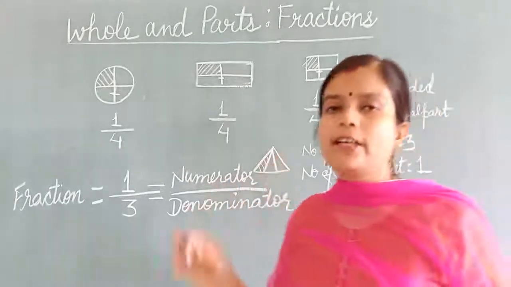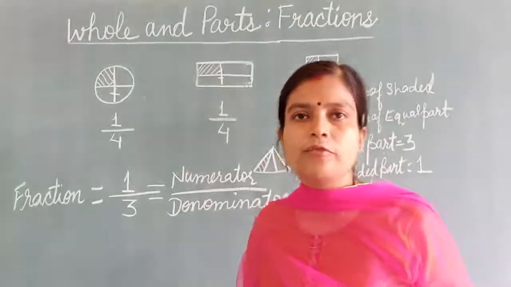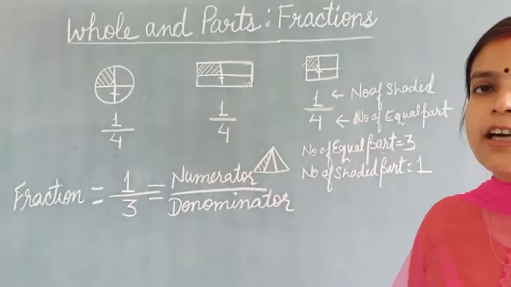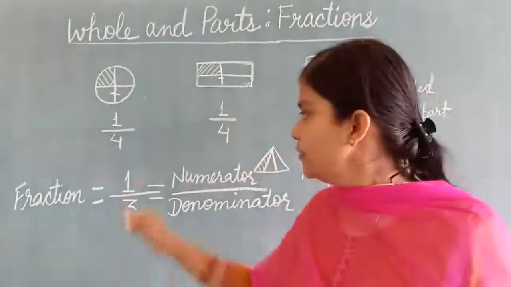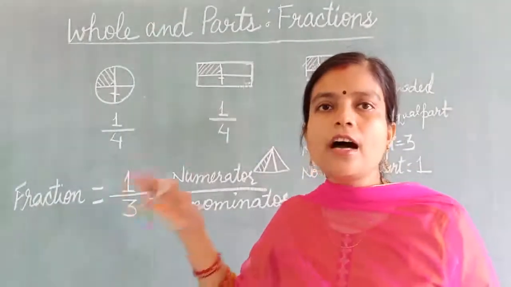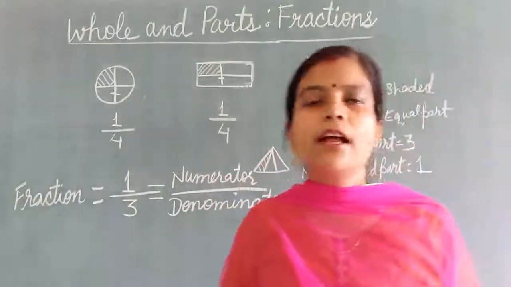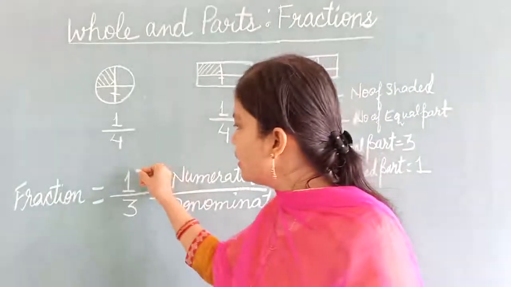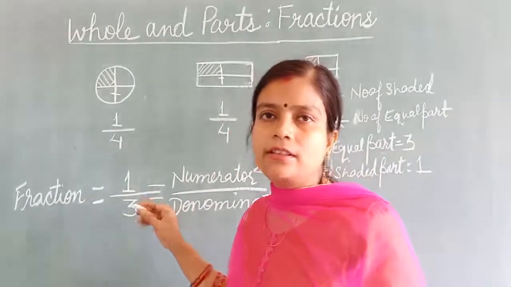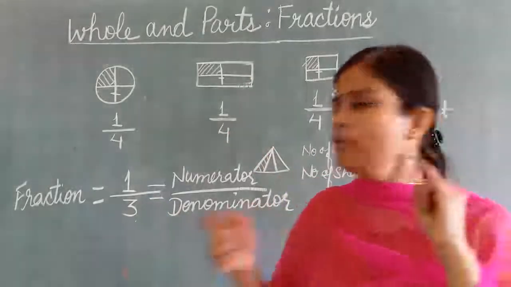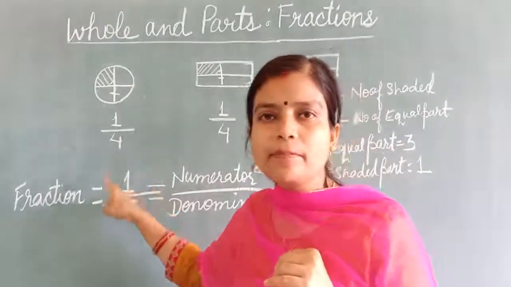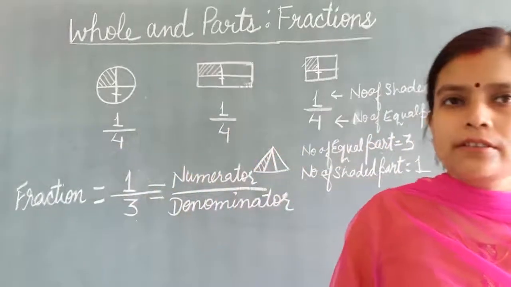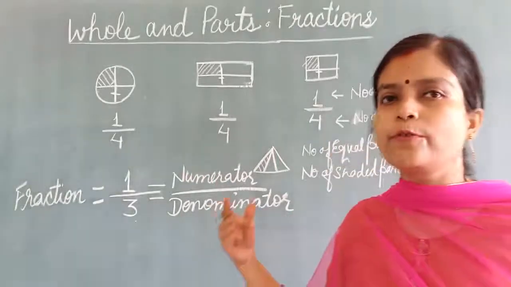Now how to read the fraction? Okay, what we are reading, that only we are writing. So how to read the fraction and how to write in words. In the figure we know how to write. Now we will learn how to write in words and how to read a fraction. For example, it is given here 1 by 3. So first we are saying 1 as a number only. In the top part, in the numerator, whatever number is there, we will call it like this: 1, 2, 3, 4, 5, 6, like this.